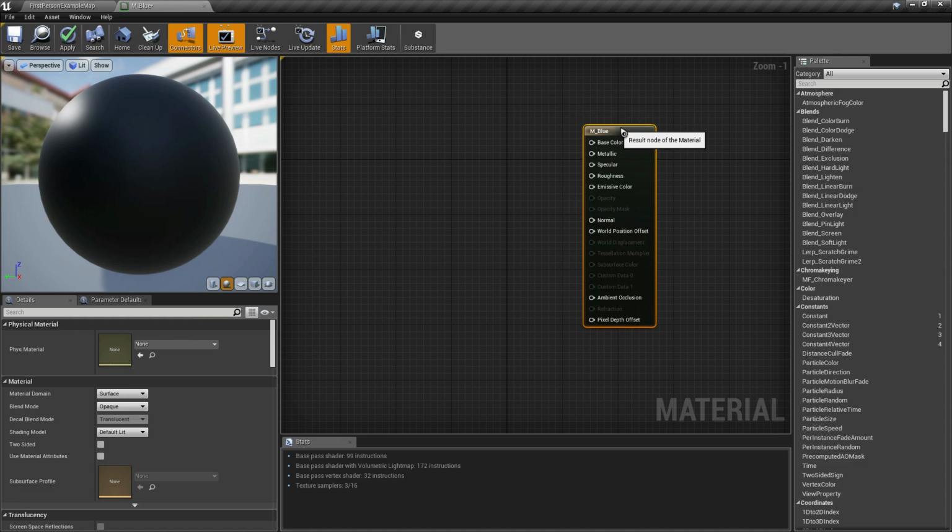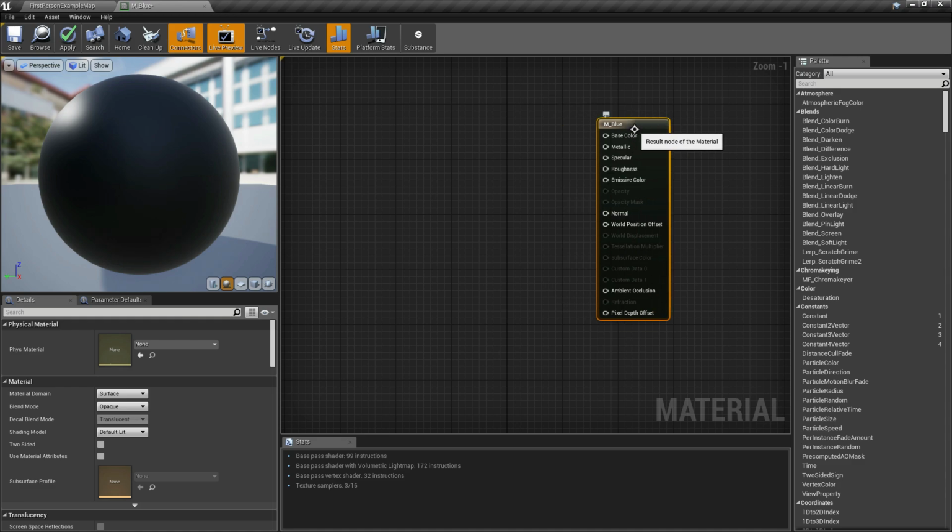But as of now, we're going to use a basic modification in our materials, like the base color that we're going to use to change the color of the material, and the metallic, which is used to change the surface of the material into a metallic or non-metallic texture.